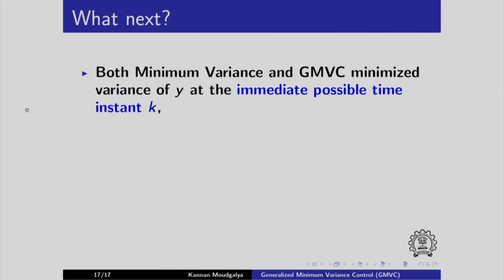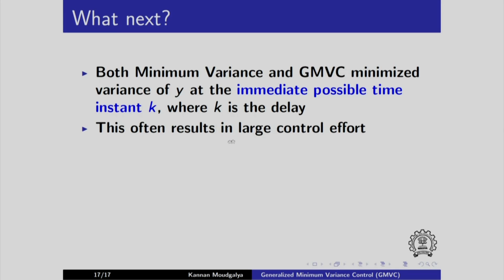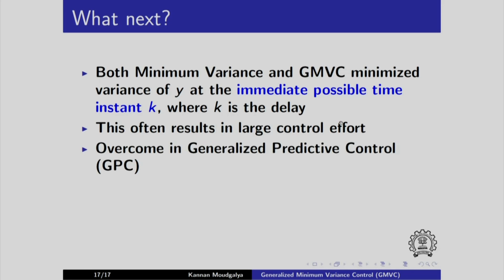What next? Both minimum variance and GMVC minimize the variance of y at the immediate possible time instant k, where k is the delay, which results in large control effort. This is one of the disadvantages of both minimum variance and GMVC. GMVC itself is an improvement over minimum variance for the same reason, but sometimes GMVC also is not good enough,